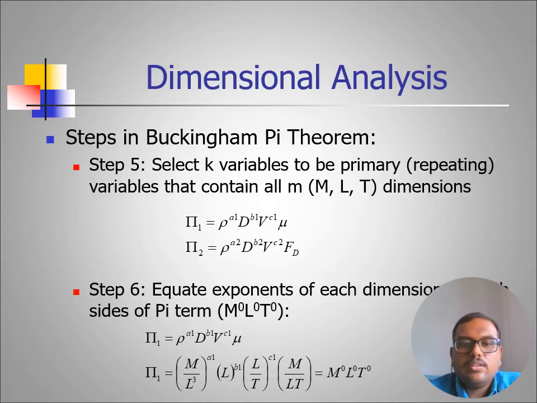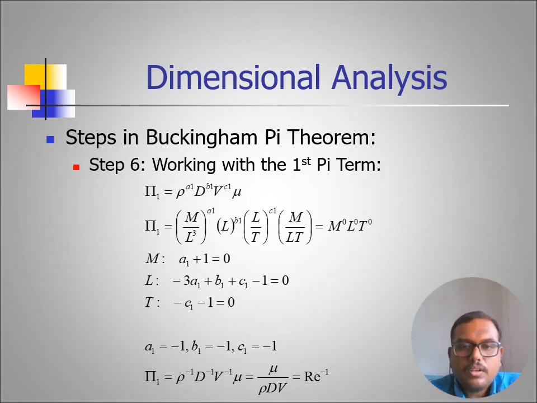Step 6: equate components of each dimension, in terms of the pi terms. As I have already told you, pi is a dimensionless number. So equate the powers on both the right-hand side and the left-hand side. Here we can see, working with the first pi term,